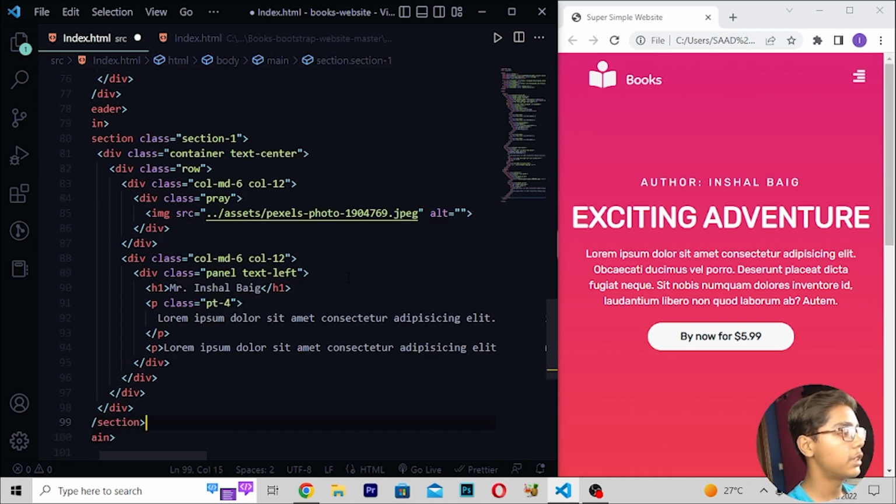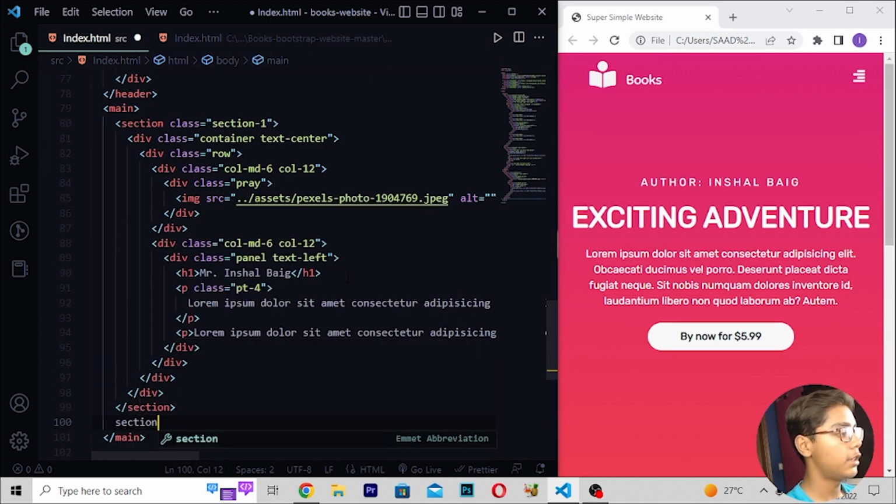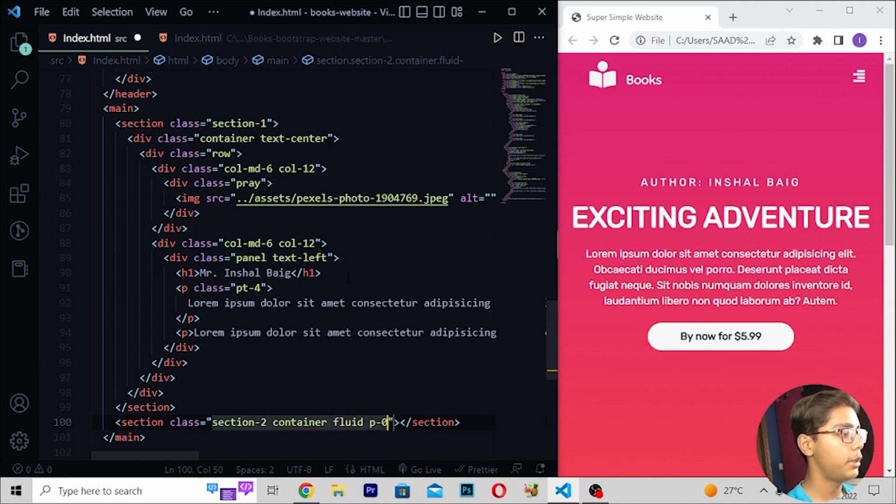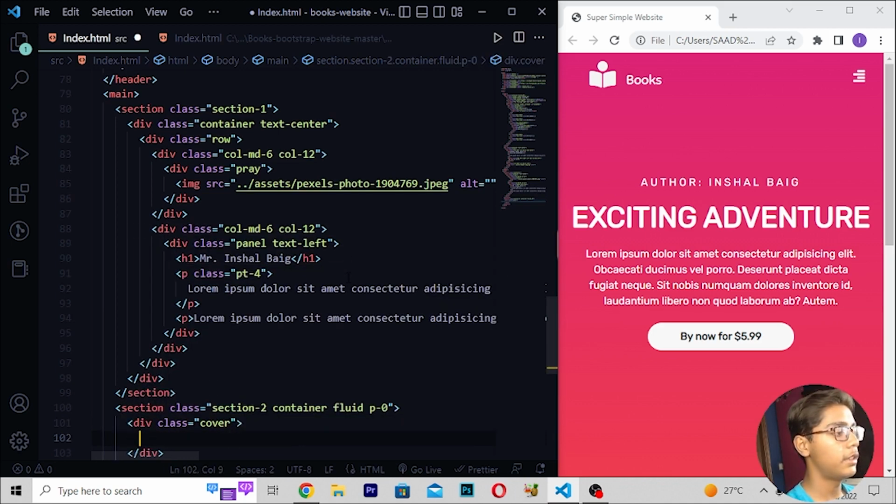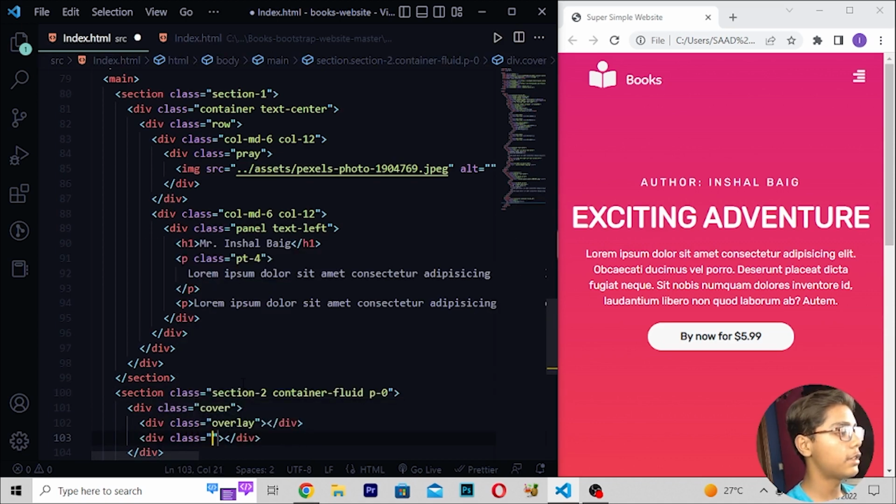Then you have to move under this section tag, then right here section class, then I'll be writing here section2. So here I will be now writing section2 container-fluid, or you can say p-0, then you have to write here div class cover like this, then you have to move down, right here div class, so here I will be now writing class overlay like this, then you have to move down, right here div class content, then here I'll be writing text-center.